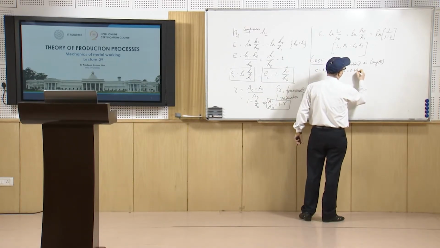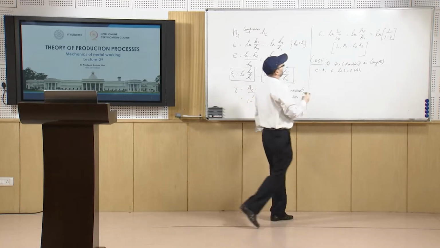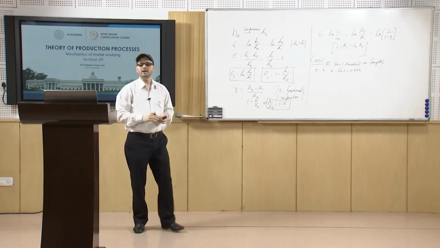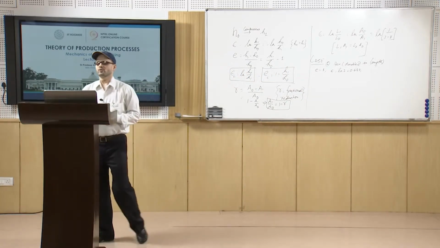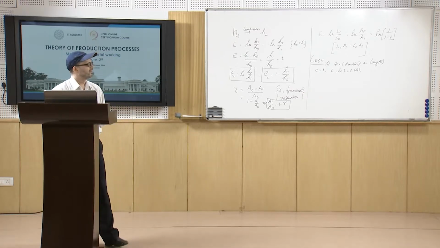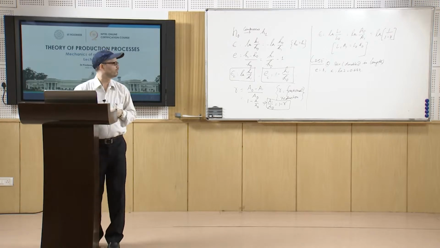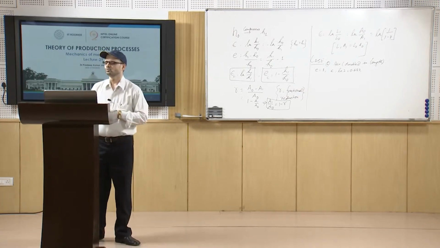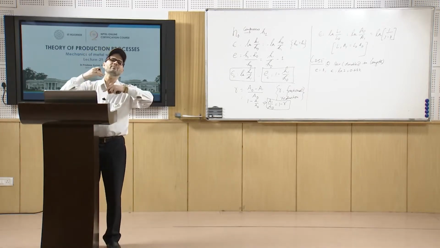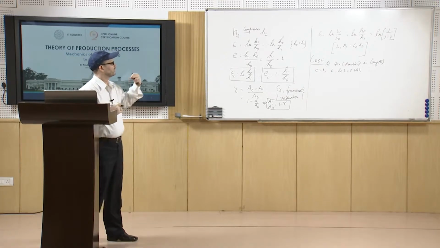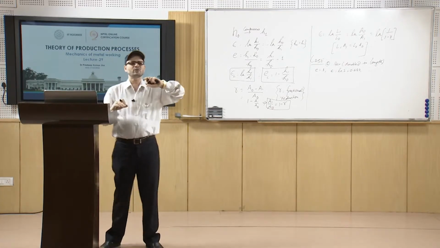Now if you try to find R, the fractional reduction in area, it will be 1 minus A2 by A1, and that will be 1 minus L1 by L2. Here L1 by L2 is 0.5, so